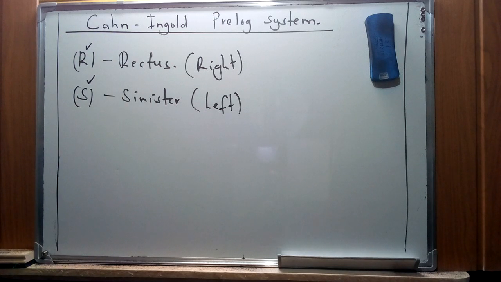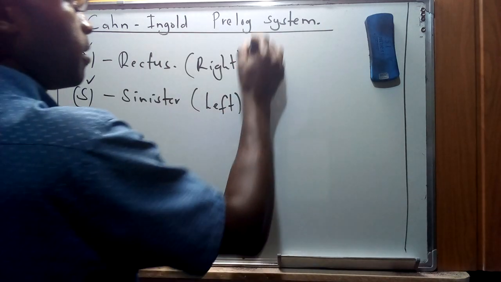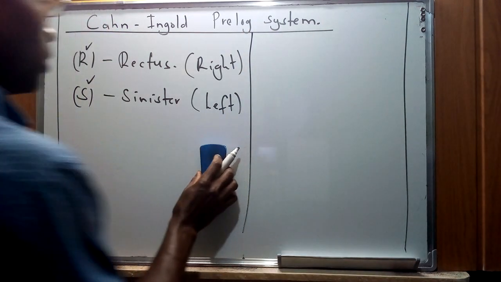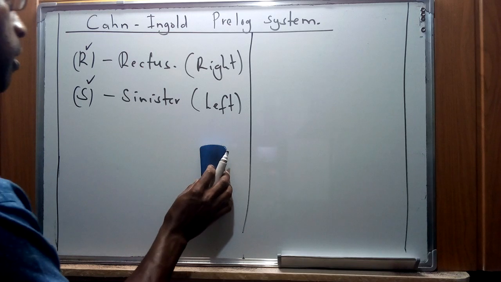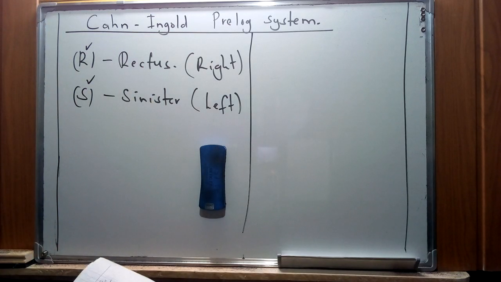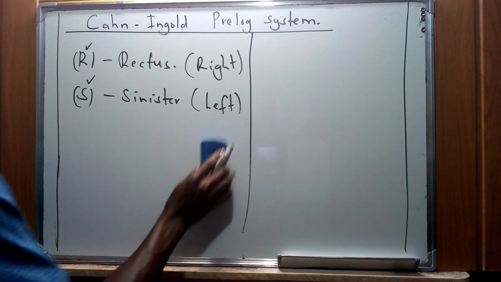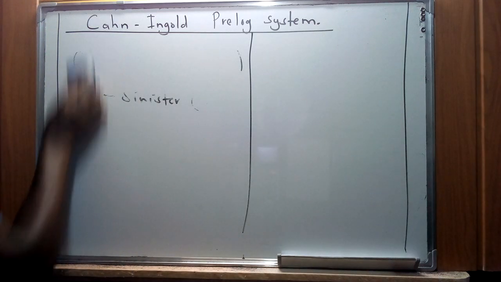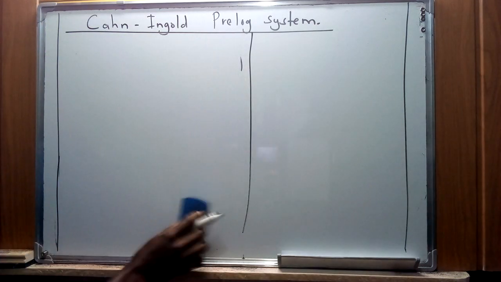So basically, in trying to assign these specific letters for naming of some of the compounds or molecules, we're going to see that they have specific rules that we have to follow in order to name those particular molecules. Now, first we're going to look at the concept, in summary, of enantiomers and chirality that we have already discussed in some of our videos in organic chemistry, and that is the concept of configuration of molecules and the different substituents, and how we can name a molecule as either an enantiomer or